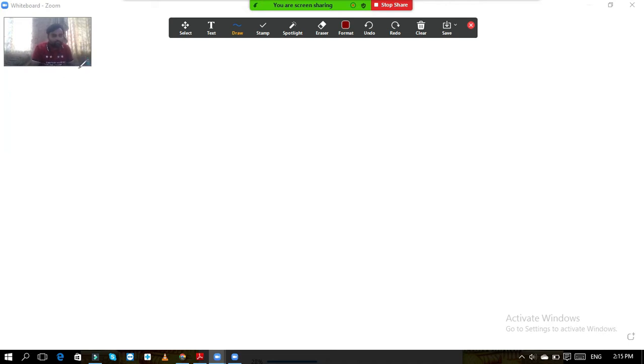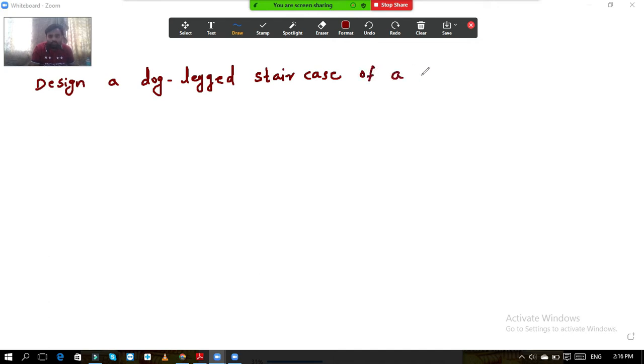Design a dog-legged staircase of a public building